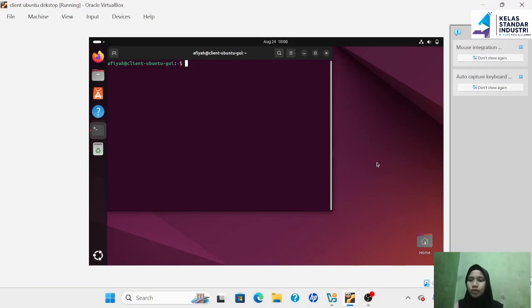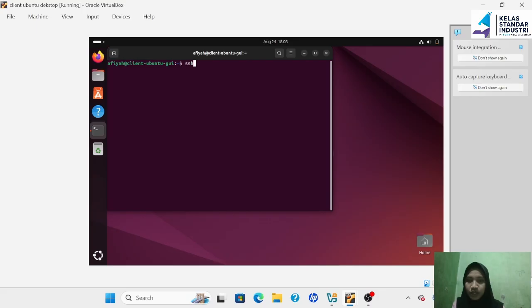Since we rebooted, we're now on the Ubuntu client. If we check the Ubuntu RTR, it's still rebooting. Go to the Ubuntu RTR login screen, then we can remotely connect to the Ubuntu RTR from the Ubuntu client by typing the command